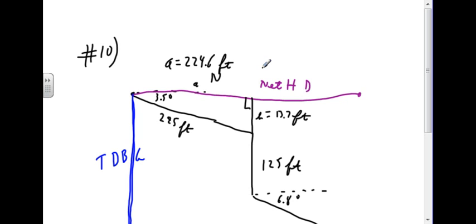225 second function complex angle at an angle of 3.5. Okay, so that's what I'm going to put in my calculator. When I hit the enter button, it's going to change that to the x and y components. Okay. The y component is going to have an imaginary I by it. So it's going to say that the x component is 224.58. 224.58 is exactly what I got doing what I was doing. And then it's going to say that the y component is 13.7, and 13.7 is exactly what I got the